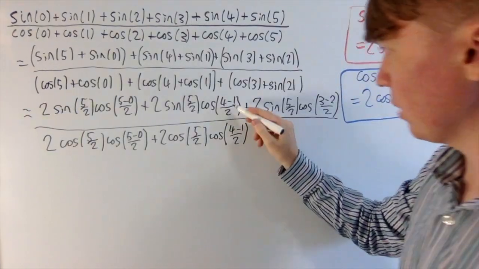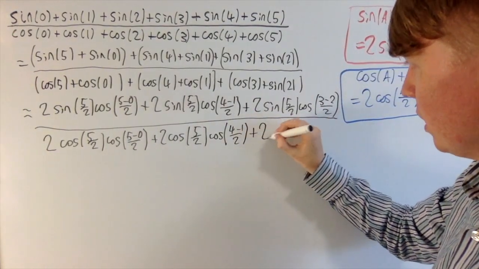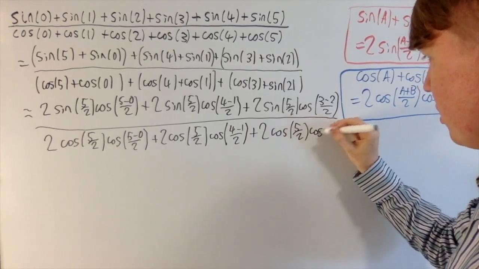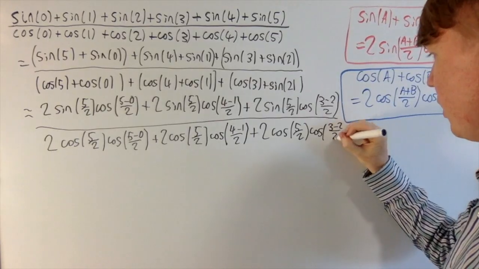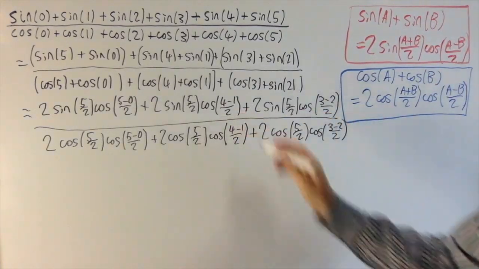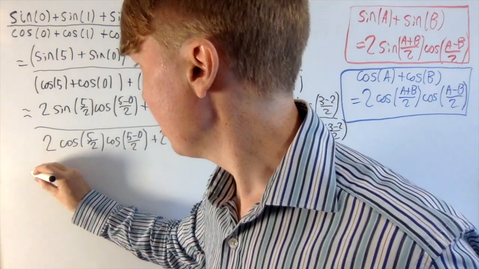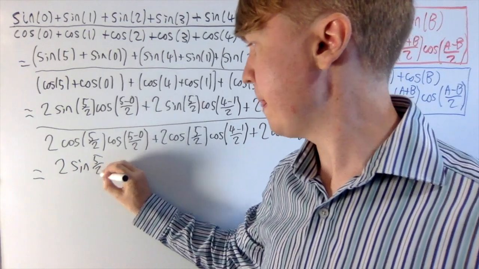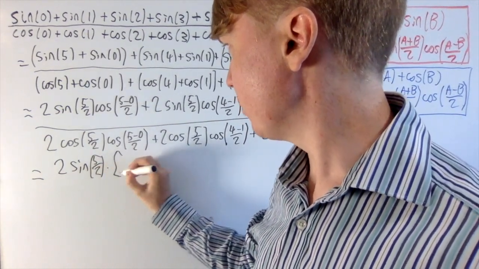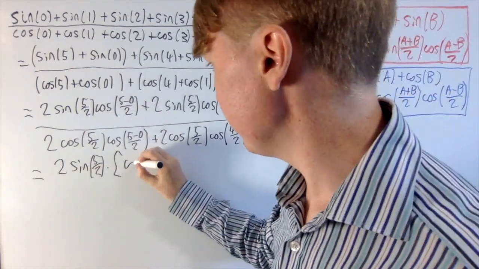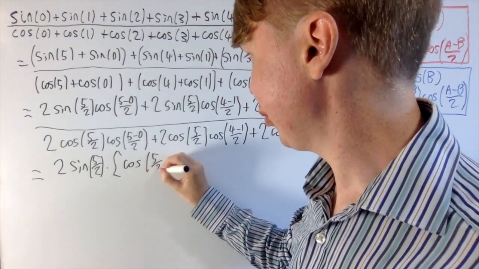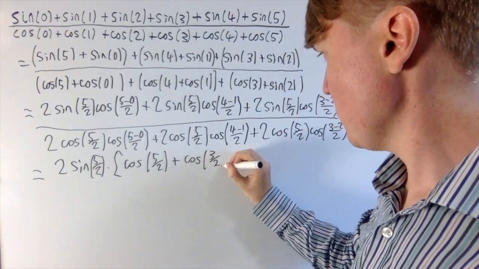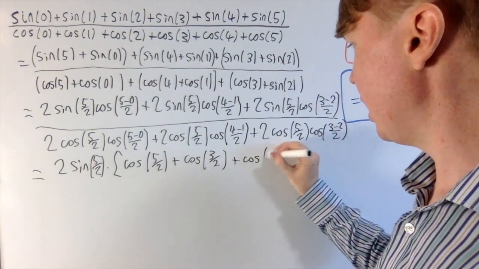So this looks very promising. We're getting the cos 4 minus 1 over 2 repeating as well. That's 2 cos 5 over 2, cos 3 minus 2 over 2. Oh, this is very nice. You can see when we factorise, we're going to get some things which cancel. So let's do that. So this is 2 sine 5 over 2 multiplied by, so this becomes cos 5 over 2 plus cos 3 over 2 plus cos a half